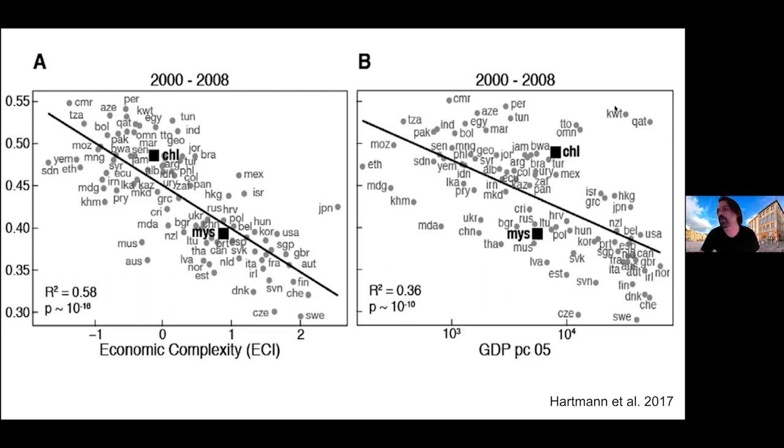Here, when you look at GDP per capita, you have countries like Kuwait and Qatar, which are big outliers because they're very rich, but they're not developed. So then, they move to the left here, and they sort of fall into place, when you start looking at the relationship as a function of economic complexity instead of GDP per capita. And of course, the amount of variance explained is much larger, like around 60% versus 30 to 40%.